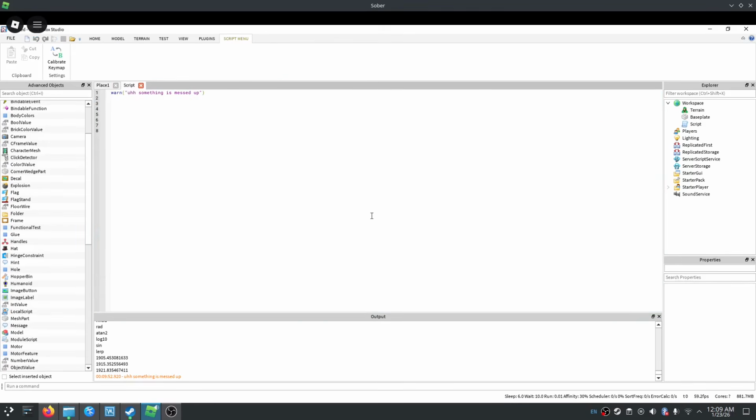What else do we have? Ray. We got Ray. Now Ray, I don't feel like dealing with rays right now, but Ray.new is what you would do with that. You would do Ray.new, and then you put in a Vector3.new(0, 0, 0), so that's the point, and then you put in a direction. But I don't know how to make a look vector, so